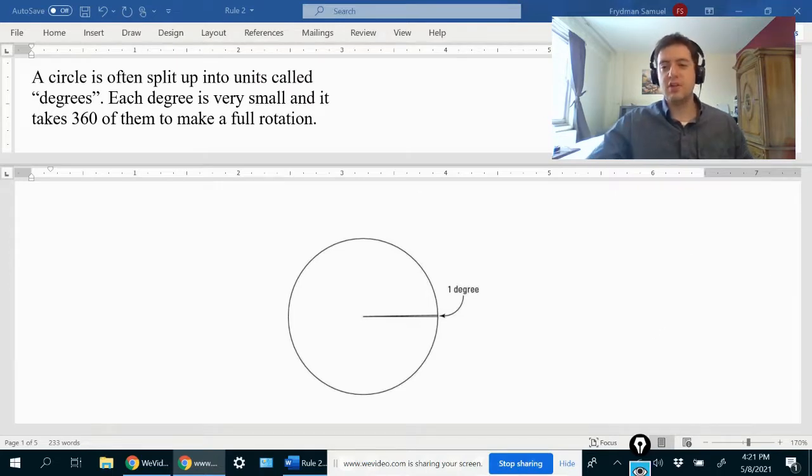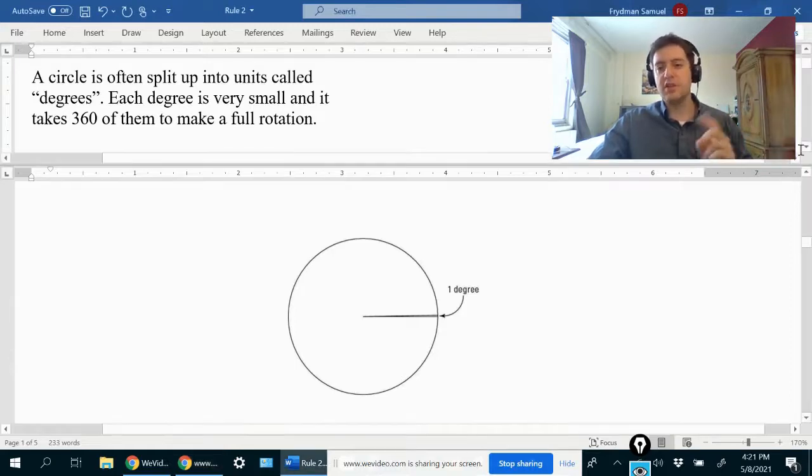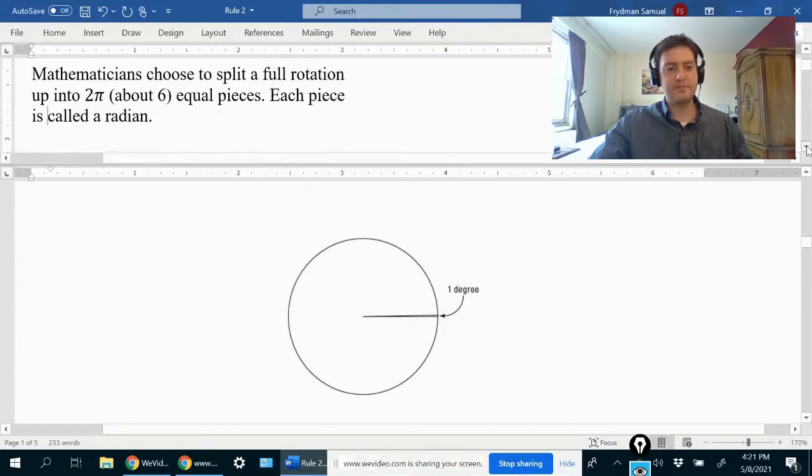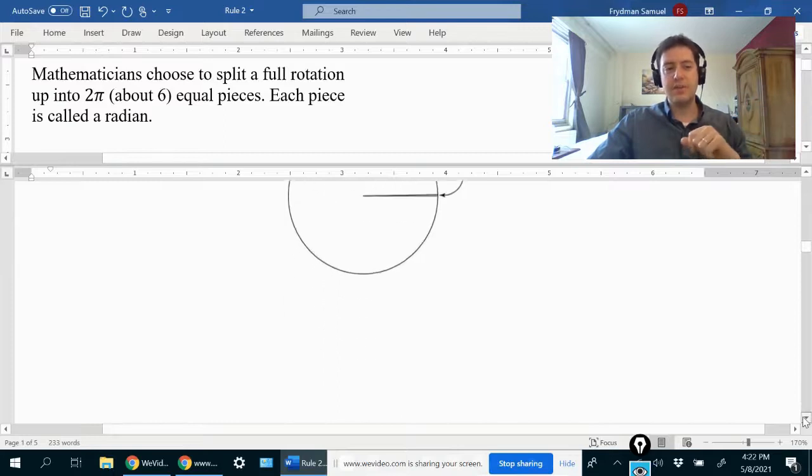Well, I'm going to tell you right now. I'm not going to tell you why they have chosen this number. I'm going to save that for another video. Right now, I'm just going to tell you the number that they have chosen. So mathematicians choose to split a full rotation up into 2 pi, which is about 6. Remember, pi is approximately 3, right? So 2 pi is about 6. So modern mathematicians have chosen to split a full rotation into 2 pi equal pieces, and each of those pieces